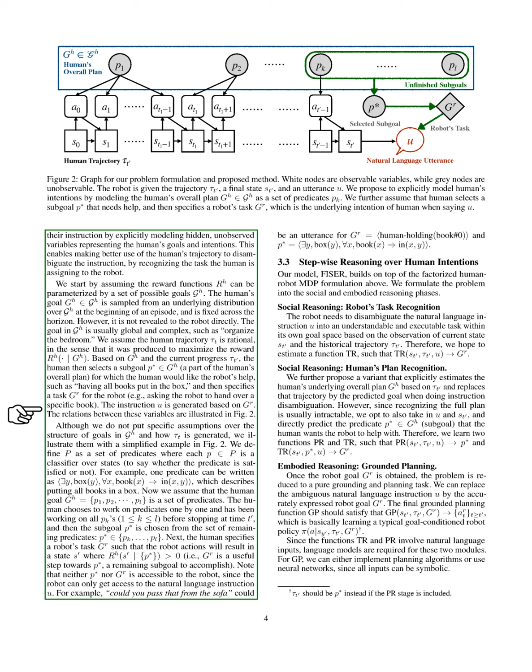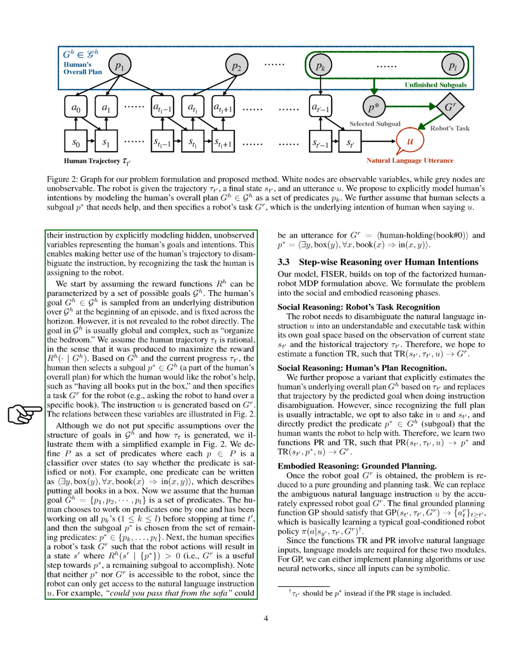This allows us to better interpret the human's actions and clarify the instructions by understanding the task they want the robot to perform. We start by assuming that the human's reward functions can be linked to a set of potential goals. At the beginning of each episode, the human's goal is chosen from this set and remains constant throughout the interaction, although it is not directly visible to the robot. These goals are often broad and complex, like organize the bedroom. We assume that the human's actions are rational and aimed at maximizing their reward based on their chosen goal.